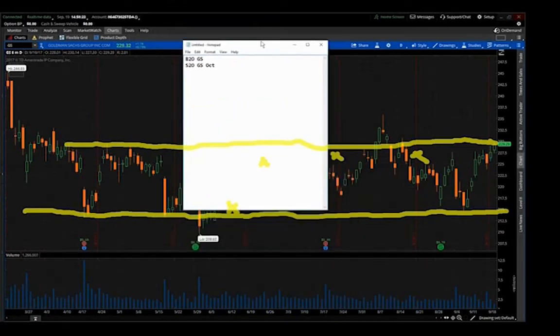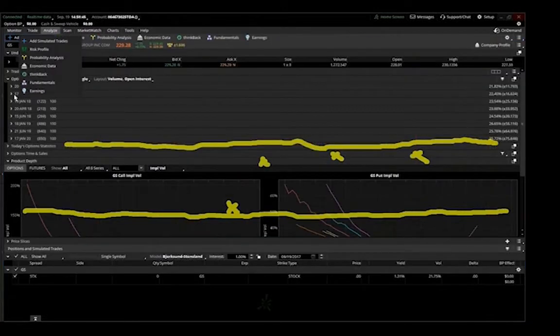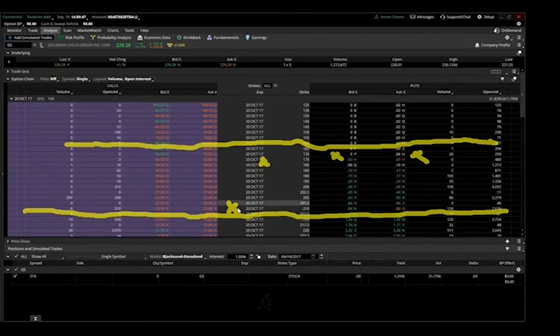So if we bought it right this minute with the prices we can get, we would buy to open at $229.32. This is considered a buy right, not so much a legging in, because if you were legging in, you'd want to leg in at the bottom of the channel at a much better price. And then if we go over here and we look at the October expirations on October 20,